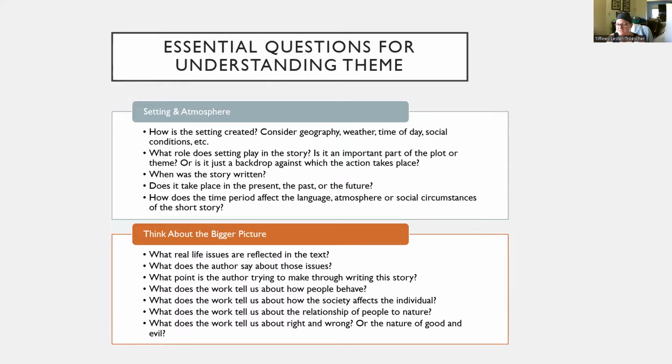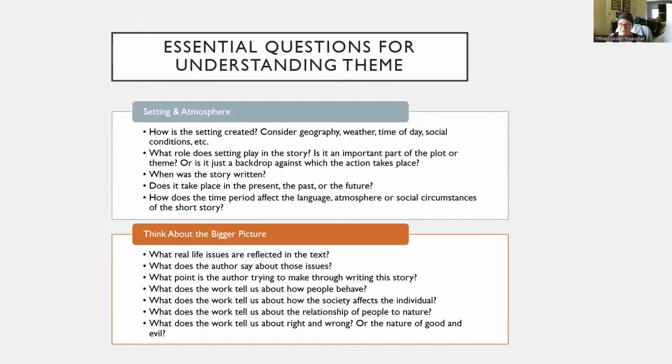What does this story tell us about how people behave? What does it tell us about how society affects individuals? What does it tell us about the relationship between people and nature? What does it tell us about right and wrong or good and evil? Those types of questions, thinking about the bigger picture, is what will help lead you to the theme in light of